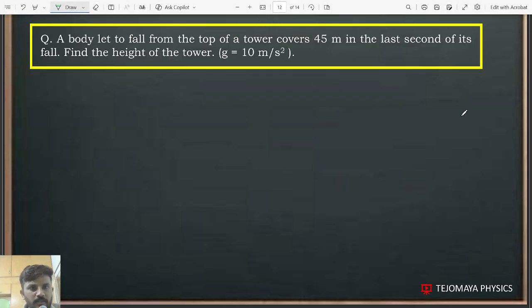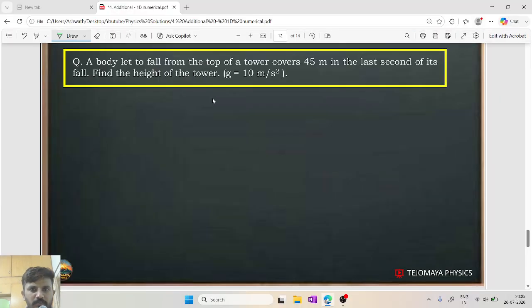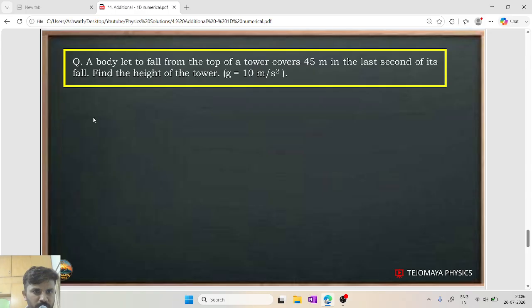Okay. A body is let to fall from the top of a tower. Same kind of question, but here we have to use different formulae. So here we have the building. A body is let to fall from the top of the tower and covers 45 meters in the last second. Let's consider the body which is left here to drop. So it has covered